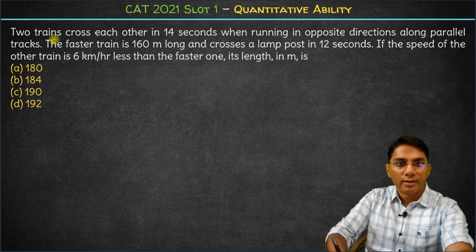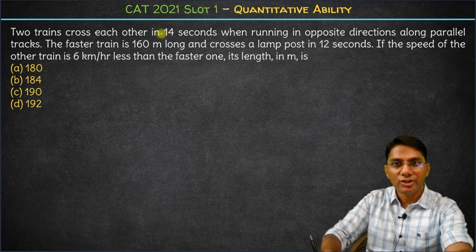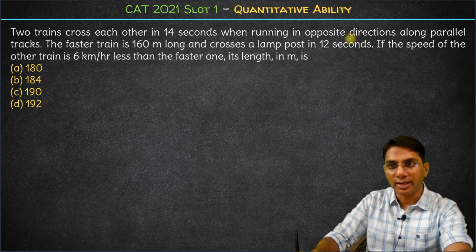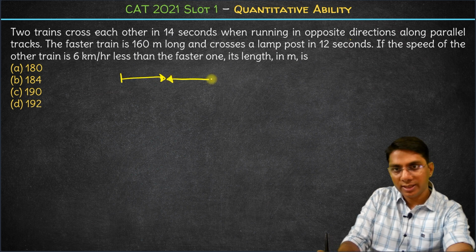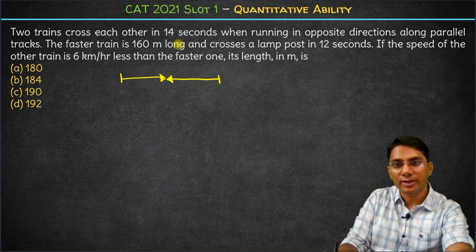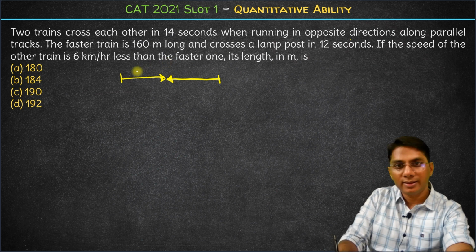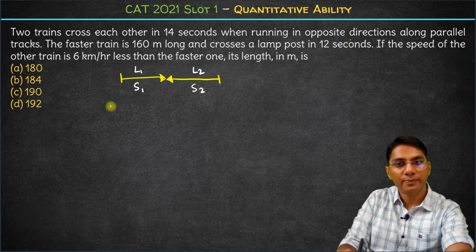Hi. Now here we have two trains, they cross each other in 14 seconds when running in opposite directions. So these are the two trains, and when they are running in opposite directions, they cross each other in 14 seconds. So let's say the length of the two trains is L1 and L2 and the speeds are S1 and S2, right? So now time taken for the trains to cross,